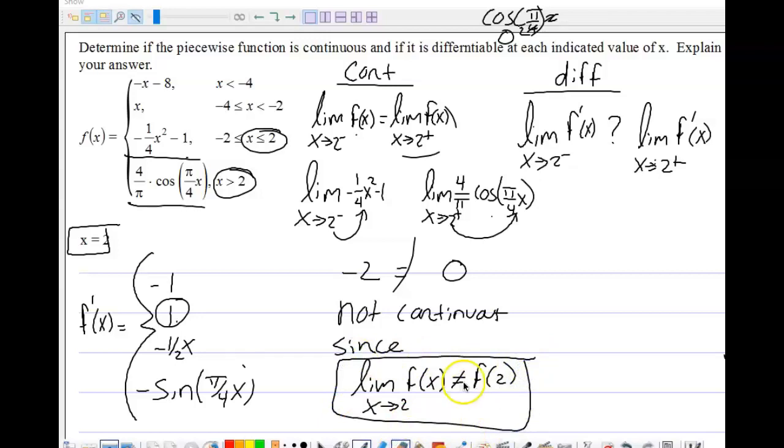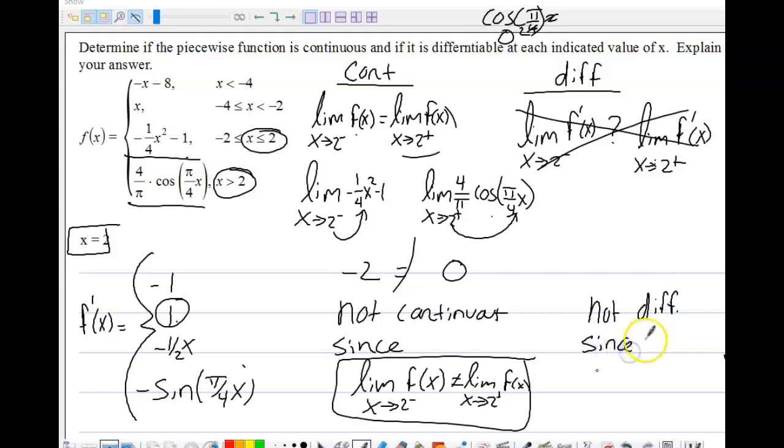Well, I guess on this one, a better way to write our final answer would be to state that the limit from the left is not equal to the limit from the right. There we go. And therefore, we don't need to do this. We're going to say it's not differentiable either, because it's not possible for a function to be differentiable if it's not continuous. So we're going to say it's not differentiable since